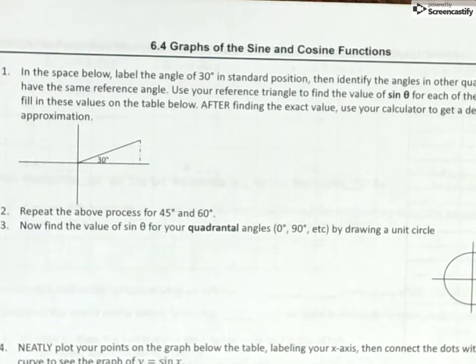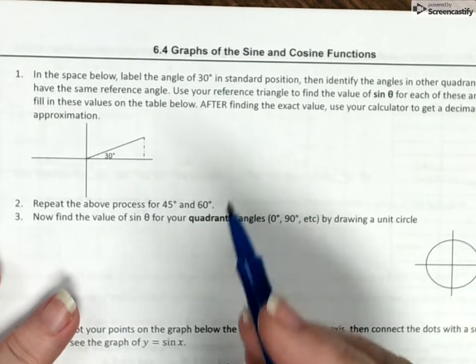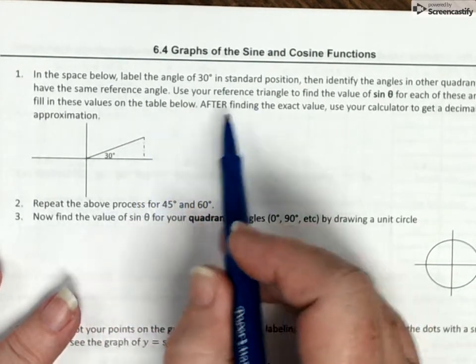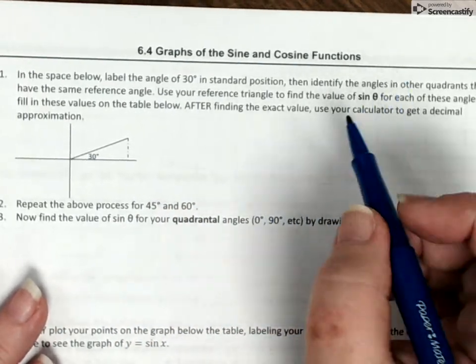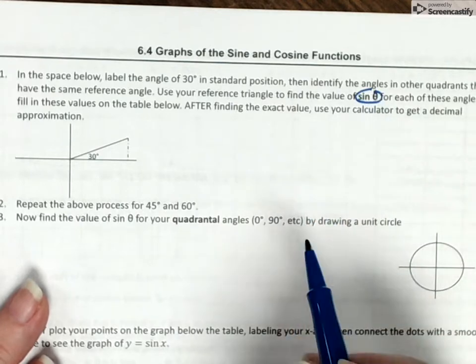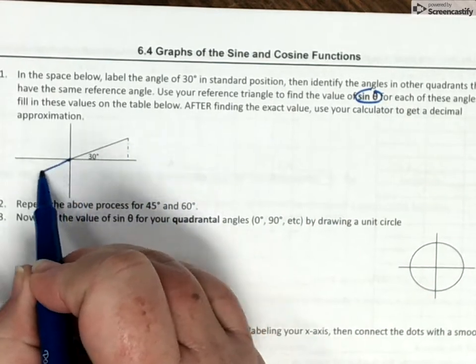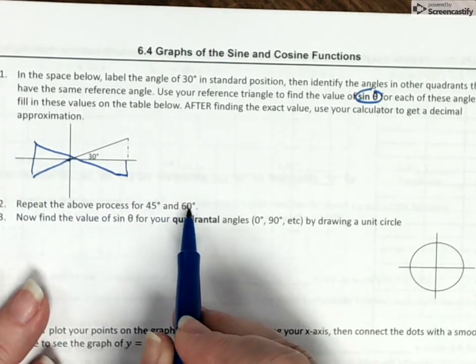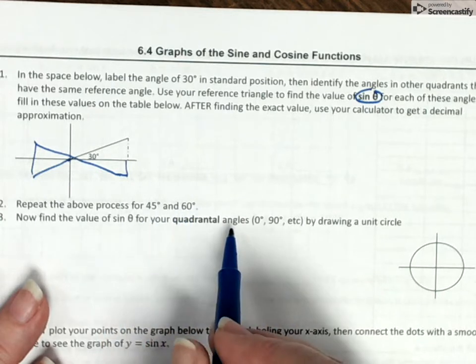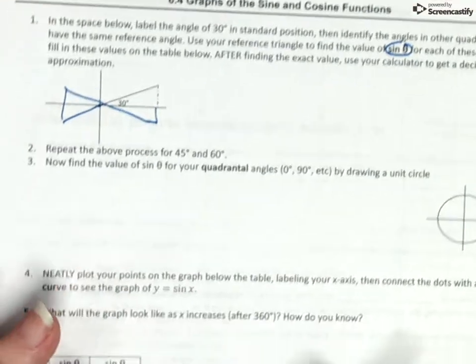So this is the video for section 6.4, graphing sine and cosine functions. Now, when you get your notes and you look at them, you'll notice a set of instructions here. The instructions are just telling you to find all of the sine values for all of your angles: your 30-degree bow tie, your 30-degree angles with their reference angles right here, your 45-degree bow tie, and your 60-degree bow tie. And it's asking you then to find the quadrantal angles, 0, 90, whatever, and put them on